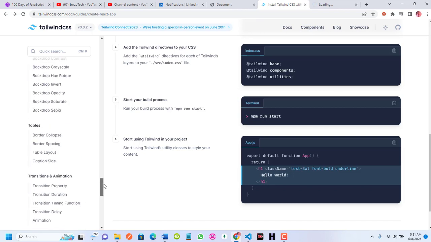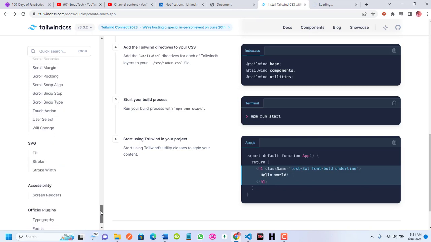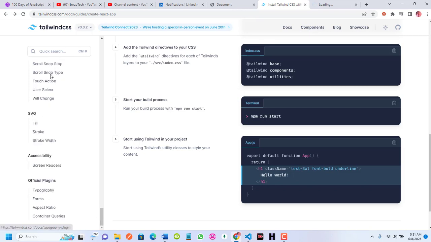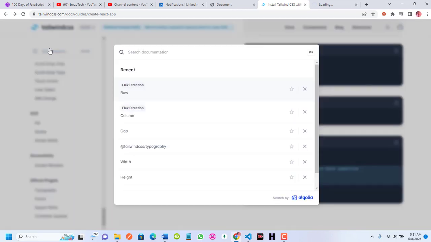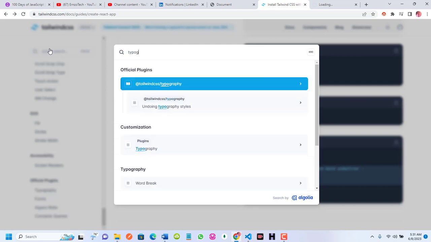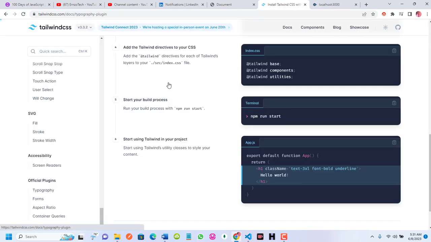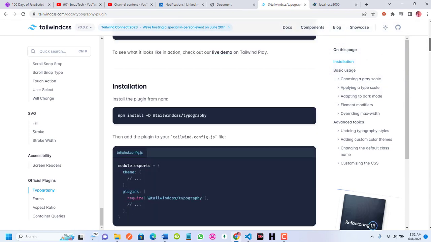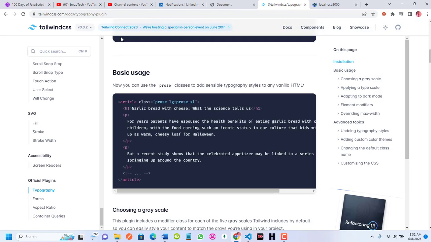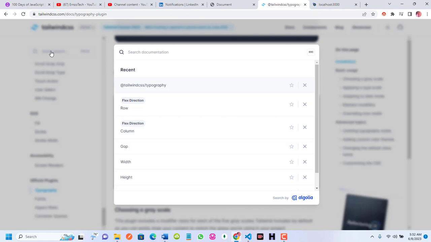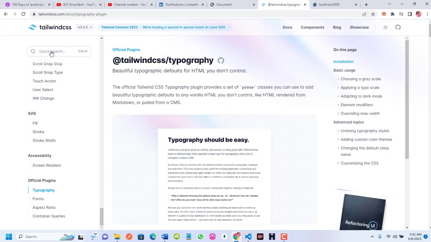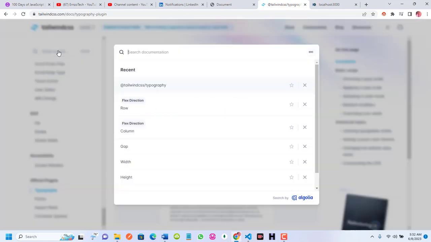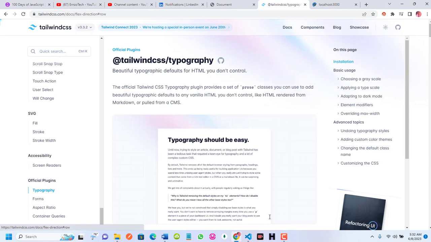So I'll search for typography. You can come here and type typography, Tailwind typography, or text. If you don't want to call it typography, call it text. I'm only showing you how to use the documentation. There are a lot of stuff here, so I won't bother myself with the documentation for now. Let me just show you that